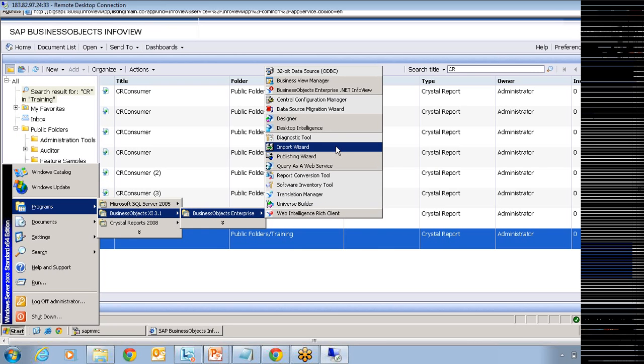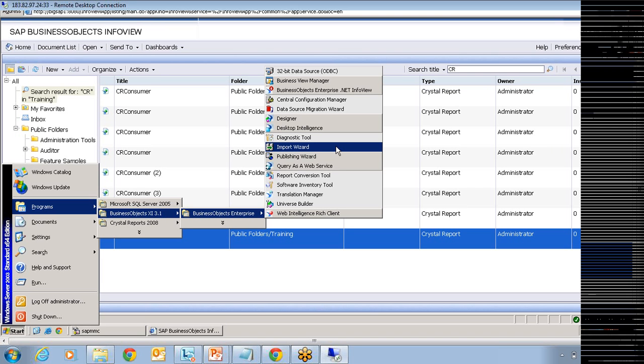Import Wizard. So what is the use of this Import Wizard? In real time, we have multiple servers like Test Business Objects Server, Dev Business Objects Server, and Production. Whatever you develop is going to be under the Dev Business Objects Server, and you need to move those reports to the Test Business Objects Server machine so that testing people will test the report, and if everything goes fine, then you can move it to your production. But if you have any issue, you need to move it back to your dev, wherein your development people are going to take care of all those issues and then again send it to test.